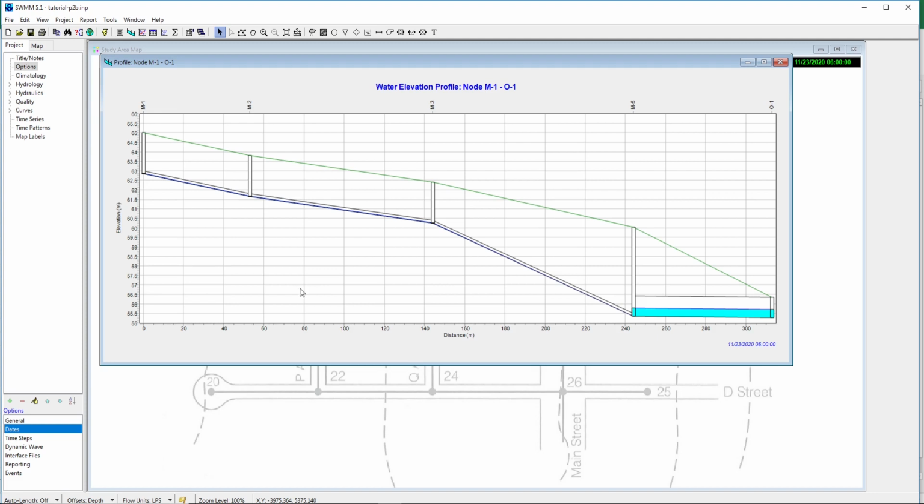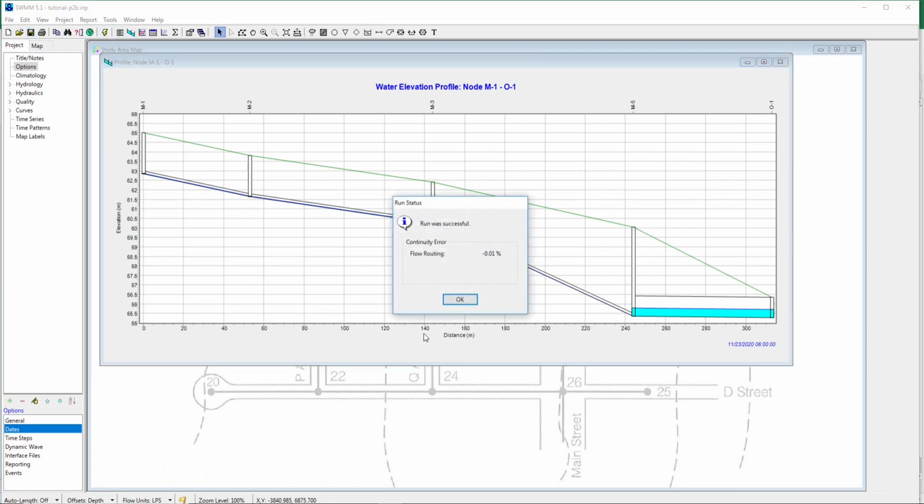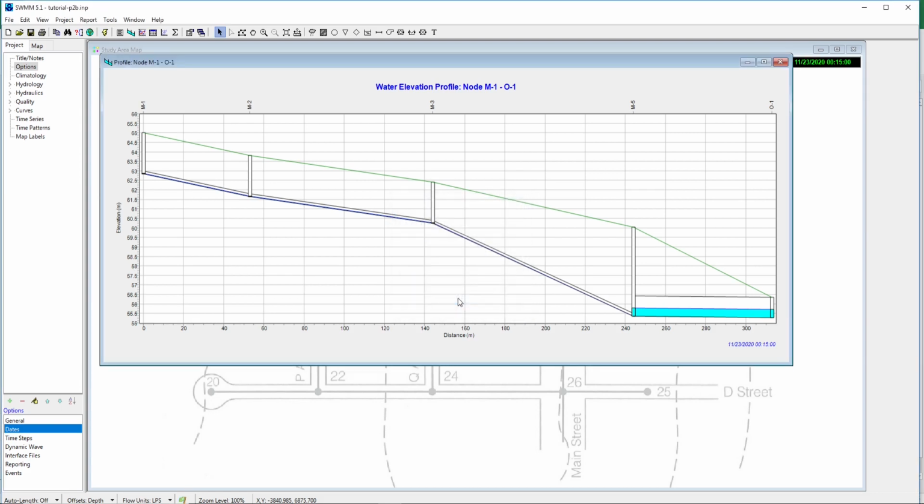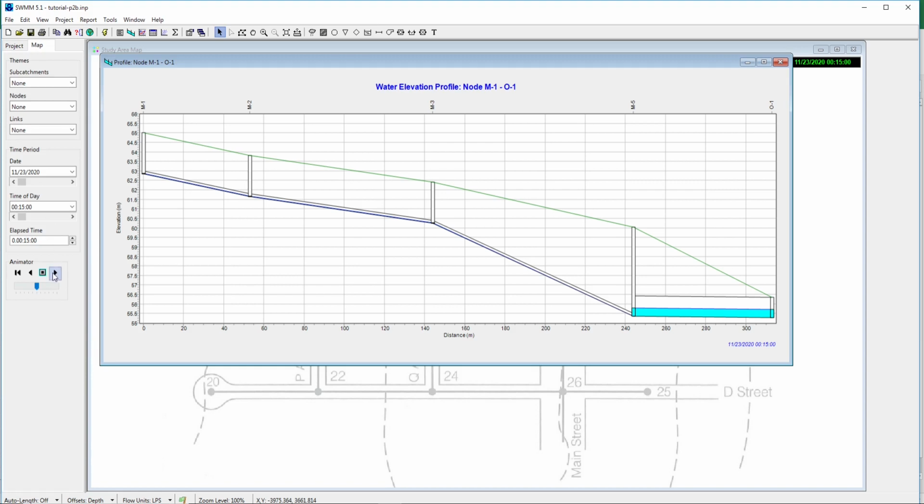So we just say OK, and then let me just save it before running it. And once it is saved, then we can run the program. So we run it and we can see that it is successfully run. We go to the map here and we just run it now. So now we can see that it started and it is going to run for 24 hours, for one whole